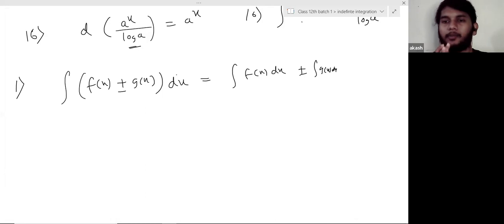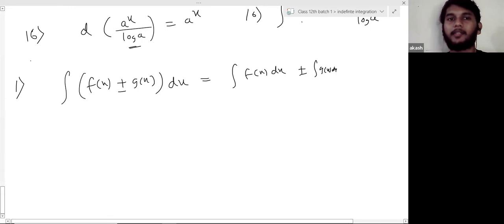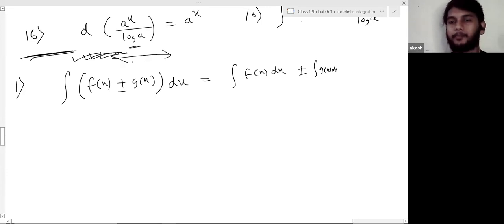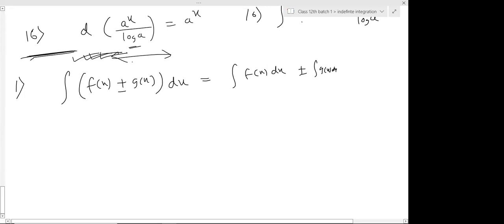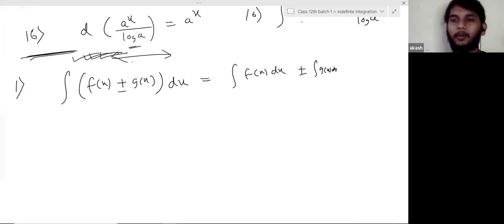Our main focus when solving integration questions is to bring all the functions into these 16 forms. There is nothing else you need to know. The rest of the chapter is about how to bring all the questions into the standard formula. That is all the tricks we are going to learn. The formulas will not change. The formulas are these 16 only. Is this clear, everyone? Yes, sir. So from now on, our only goal is to bring all the functions into these 16 forms that we already know the formula of.